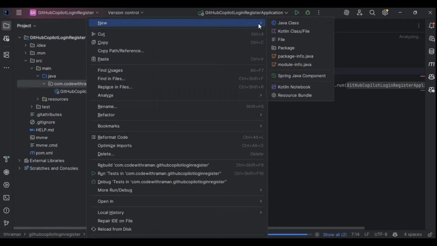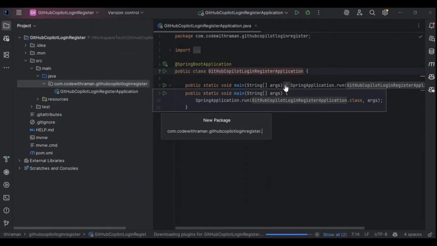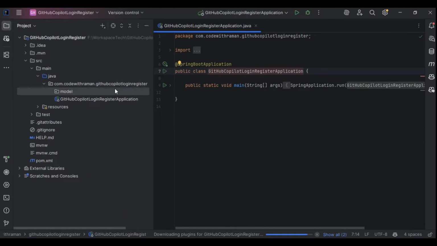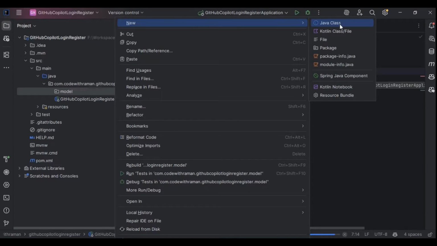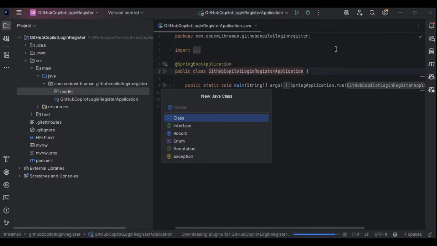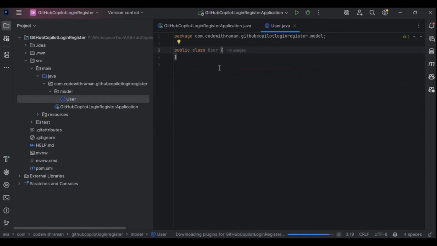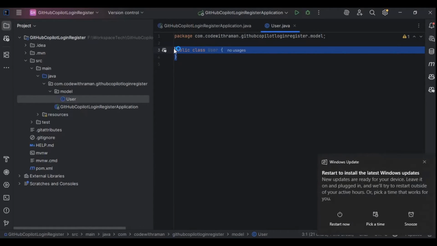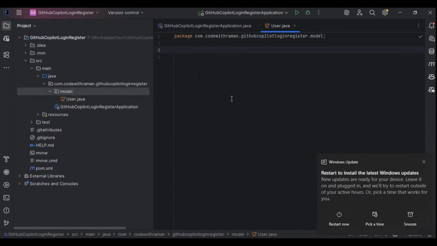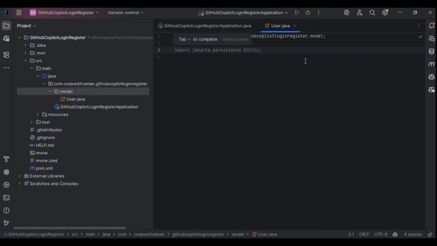a package first. So let me create a package of model, and in the model package we need a class. So what I'll do is I'll say Java and I'll say a user class. I'll be saving some user data, so I'll be creating a user class into a model package. So this is my class. So now from here onwards we'll be using the GitHub Copilot. So what I can do is I can simply remove this. Right, I'll have a blank kind of a class, just with the package,